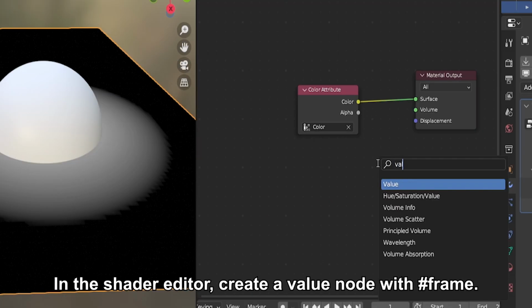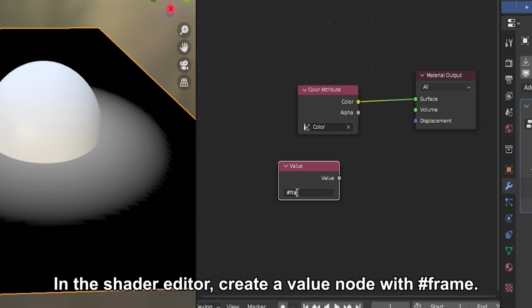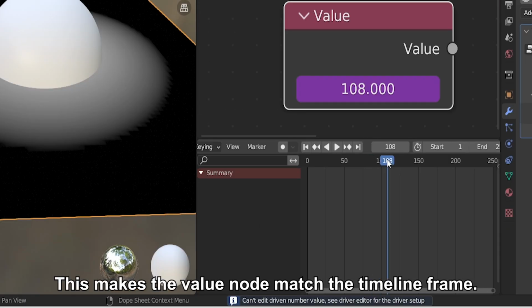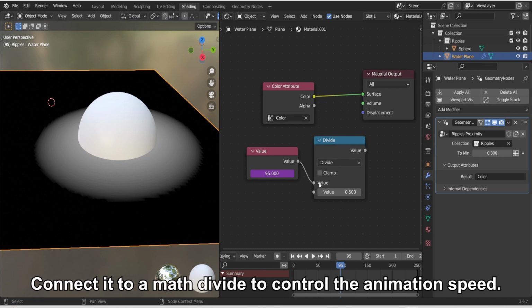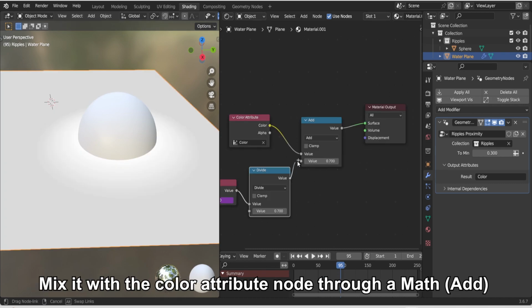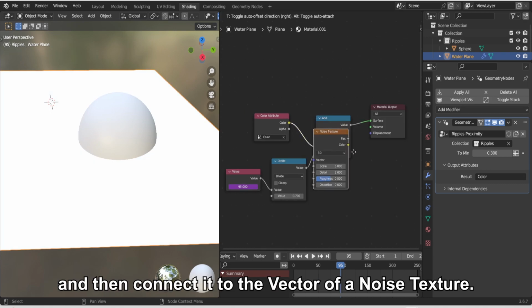In the shader editor, create a value node with hashtag frame. This makes the value node match the timeline frame. Connect it to a math node to control the animation speed. Mix it with the color attribute node through a math in add mode and then connect to the vector of